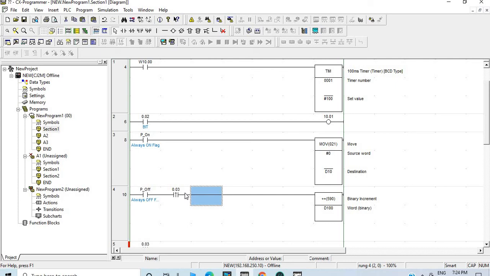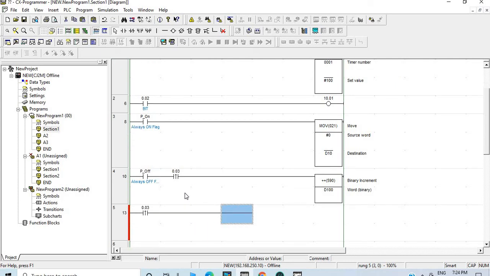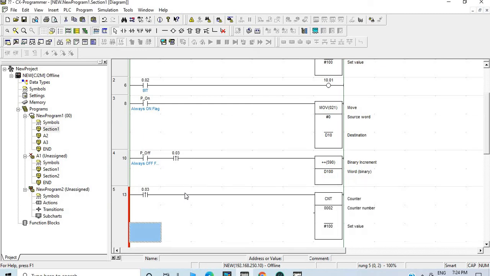You can see it. I'm giving the counter value. The counter instruction is CNT, and suppose the counter number is 2 and counter value is 100. Here it is showing an error, so we need to reset the counter as well.